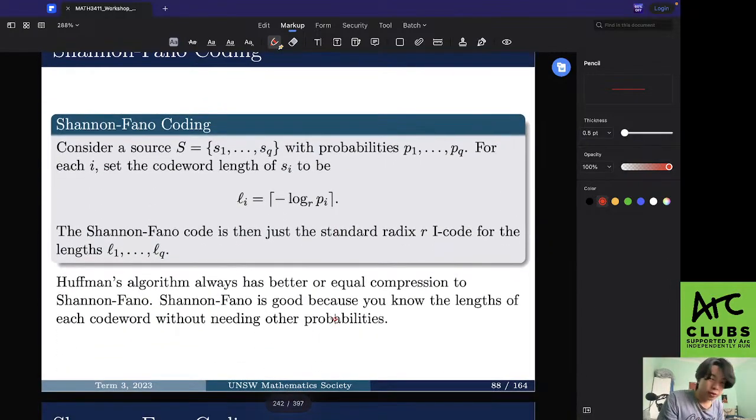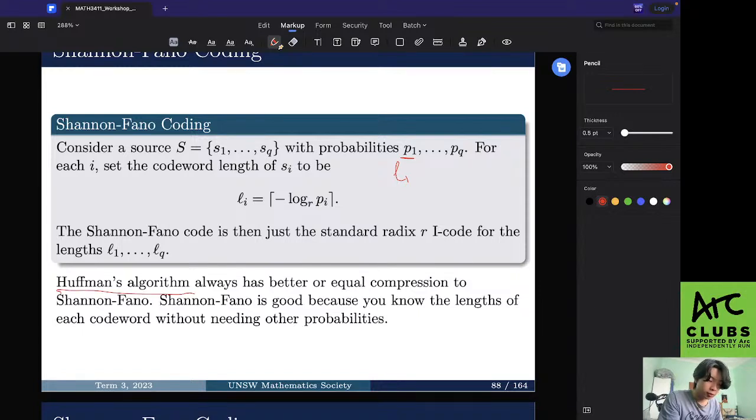Essentially, you might be wondering, hey, why are we using Shannon-Fano instead of Huffman? And the thing with Huffman is, it actually gives better or equal compression to Shannon-Fano, so if you have all the probabilities, it's always better to go with Huffman to get a better code. But the thing with Shannon-Fano is, we only need P1 to find what the length of the first code word is, right? It's independent of the other probabilities, so with Shannon-Fano you can find out the length without having to